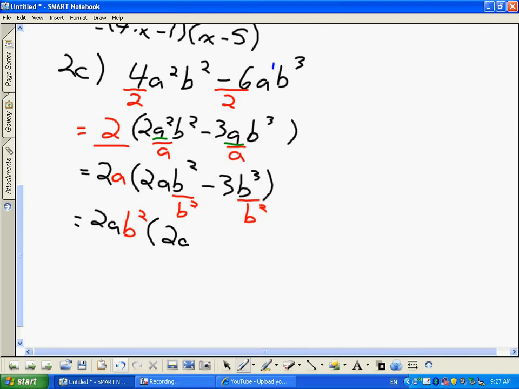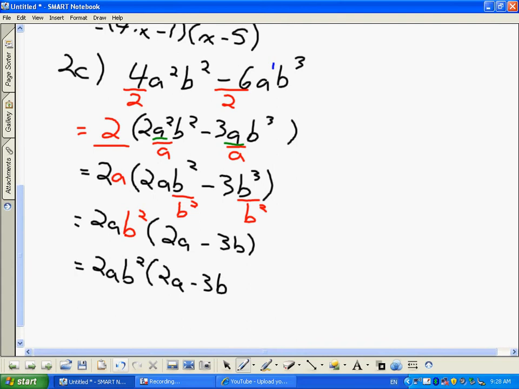I'm then left with 2a b squared divided by b squared. Just leaves me 1. So assume all those b's are gone. I had b cubed divided by b squared. 3 minus 2. That's how you think of it. 3 minus 2 is 1. So I just have 1b left. Our final answer is 2ab squared